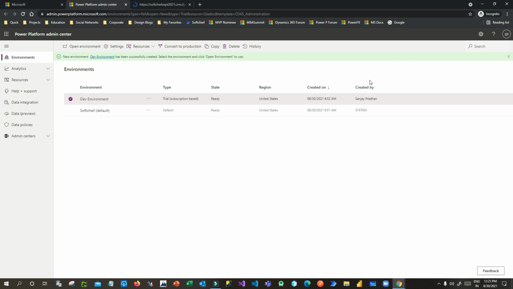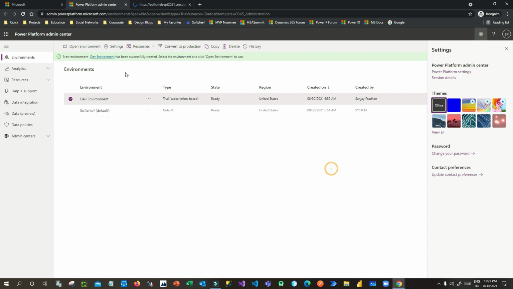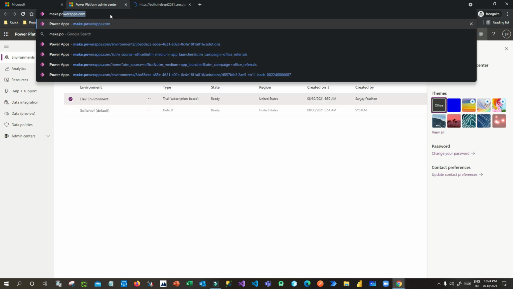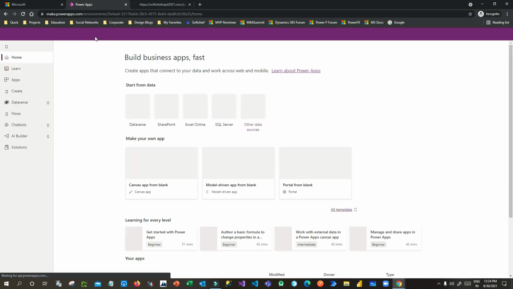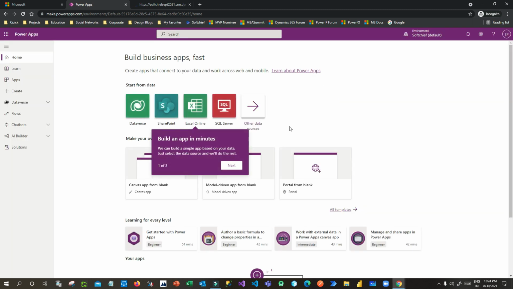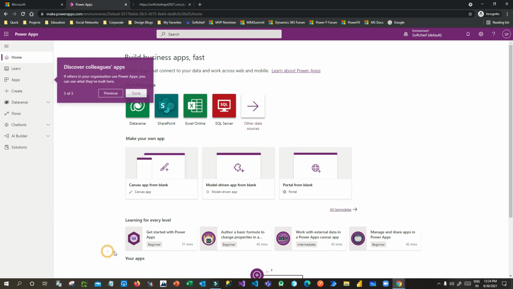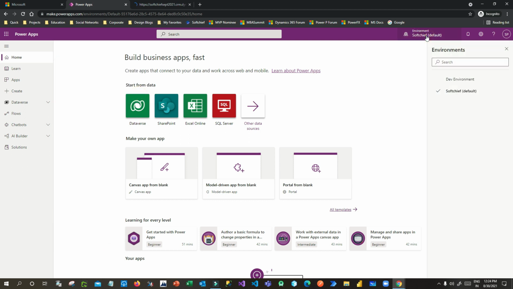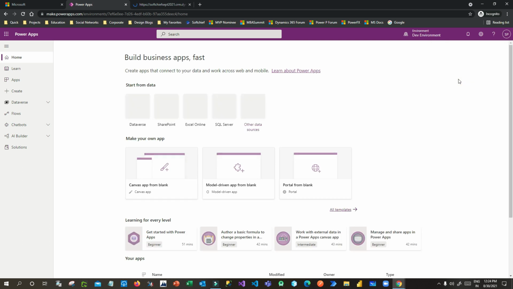Now till it loads, I will also tell you here, if you click on this environment, you can just go to Power Apps. Just go to the address bar and type make.powerapps.com. This website is the Power Apps Maker website, where once you load make.powerapps.com, you have to choose the correct environment where you want to create your apps or store your model driven app or Microsoft Dataverse things. Click on close if this pop-up appears, and click next, done. Now here in the top right corner you will choose the environment you are working in.